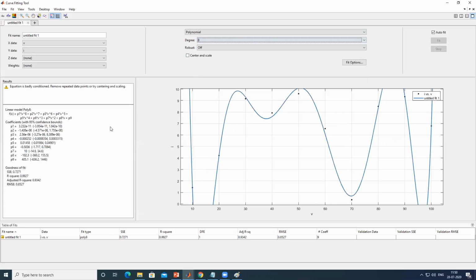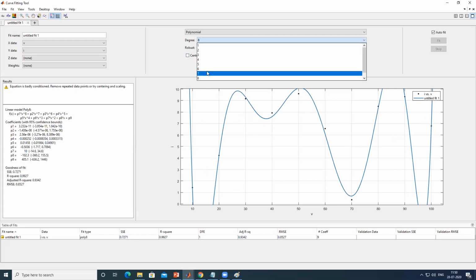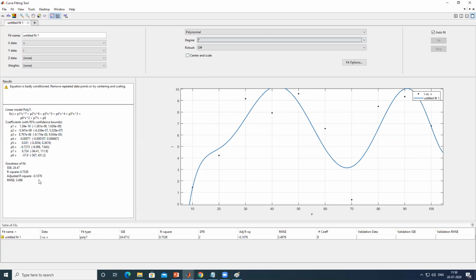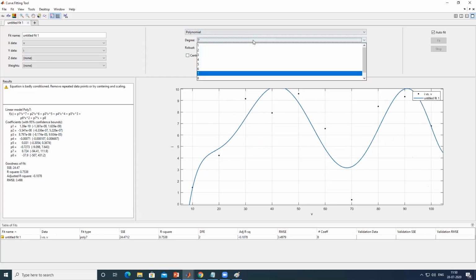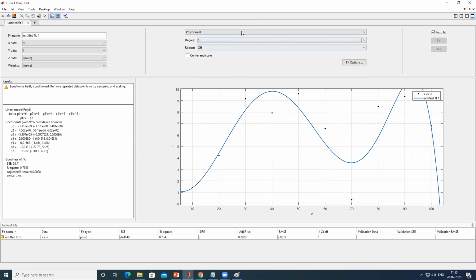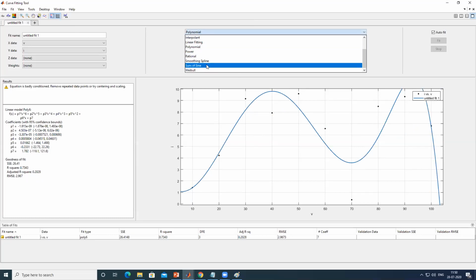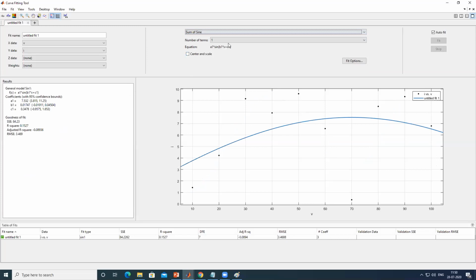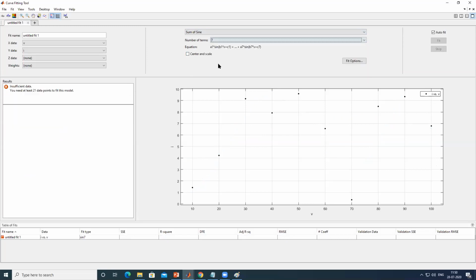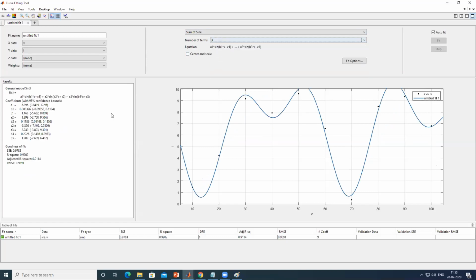But if I increase it to, say, 8, then in that case it is giving me 93% accuracy of this polynomial curve over this one. Or if I take 7 also, yeah, 7 is also showing 75% of this thing fitting with the sum of sines, the other model. So this is also showing a poor result only, not possible. Yeah, so these are not possible here.